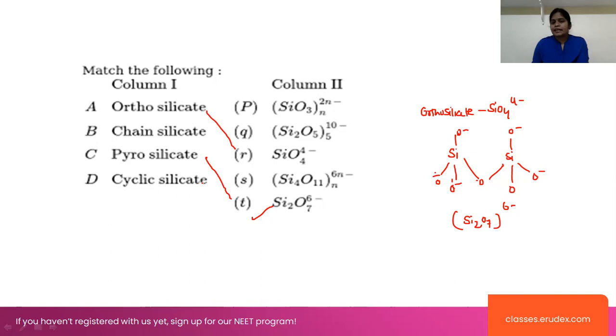And in the case of the cyclic silicates, this is the general formula: SiO3 2-. And coming to the chain silicates, in the case of the chain silicates, we will take 2 units, right? So look at here, we will take Si2O5, and otherwise we will take the 5 and the 10- here. This is also correct for chain silicates. Okay. Now in the case of the single chain silicates, this is the double chain silicates. And for the chain silicates, this is the formula here.